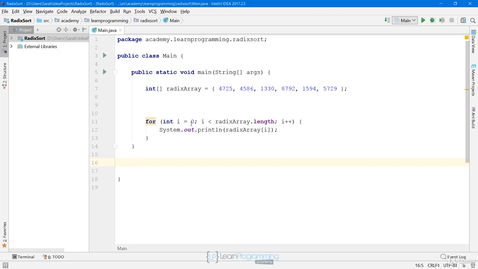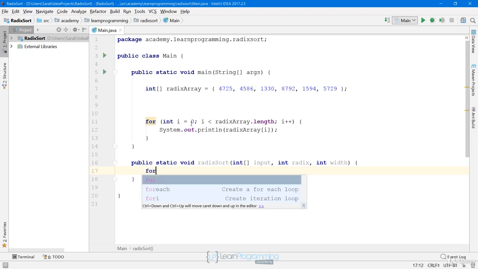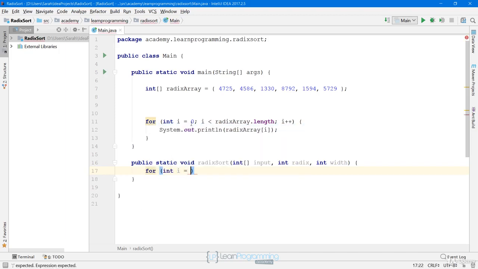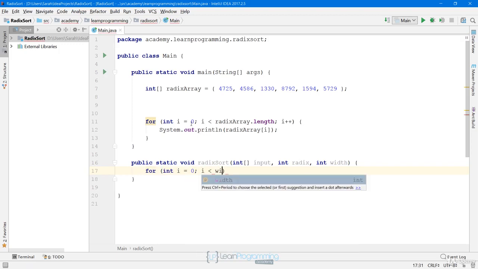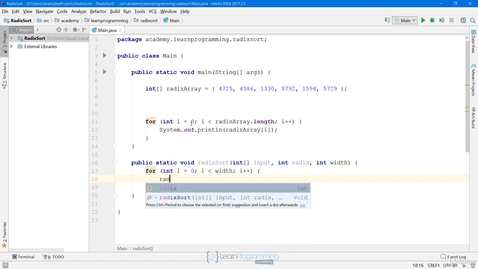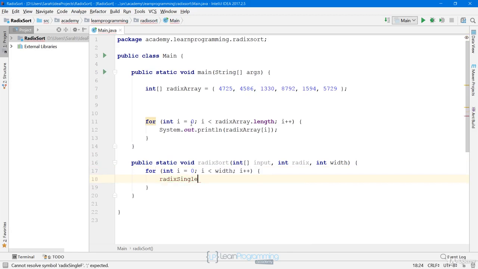So let's start with radixSort. So we'll say public static void radixSort. We're going to accept our input array, the radix, and the width. Remember that for Radix sort, all the values have to have the same radix and the same width. And then we're going to say for int i equals 0, i less than width, i plus plus, and we're going to call the radixSingleSort method that we haven't written yet. And we're going to pass the input, i,